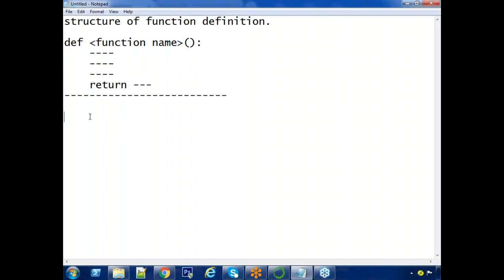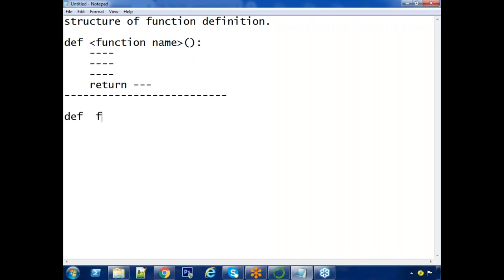In the transformation of a list, we did one thing: if you pass a name, the first character goes into upper and the remaining into lower. In order to get that every time, if you make one function, the development is one time, but you can call it many number of times. So basically with functions, you have two advantages. Python has a lot of predefined functions. Suppose some functionality is not available, you can develop it. That is what a custom function is. Second one, reusability. Develop the function only one time. Next onwards, whenever you want it, you can call it in your application. Understand?